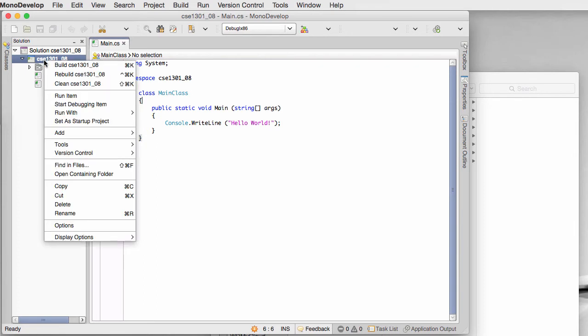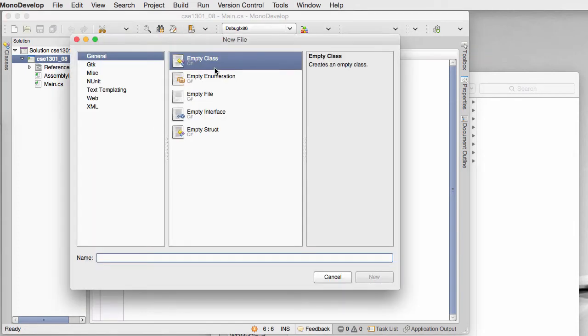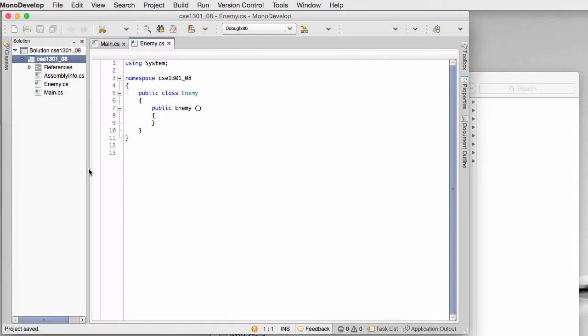We just right click on the project itself and click Add and then New File and select Empty Class and give it a name. Now since this is a games-based Intro to Programming class, I'm going to create an enemy class, and if I hit enter there, you'll notice that it creates an enemy.cs. So we have a new program or a new file within our project, and it sets it up here within